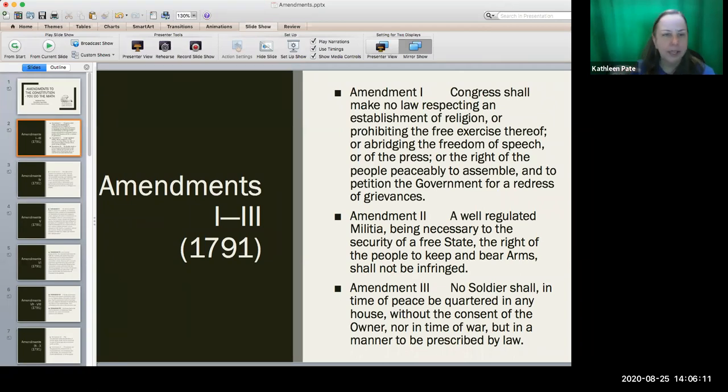I want you to look at these 3 amendments. What happened in U.S. history prior to the writing of the Constitution that would make these the top 3, the first amendments? Because I contend there's the Revolutionary War,